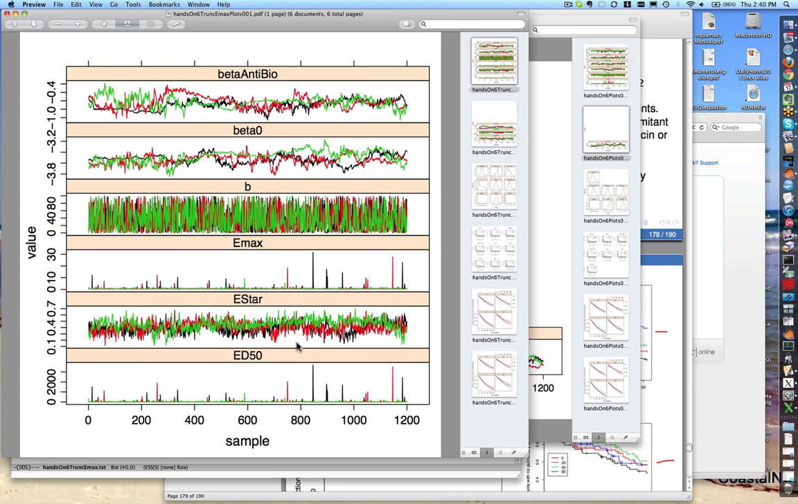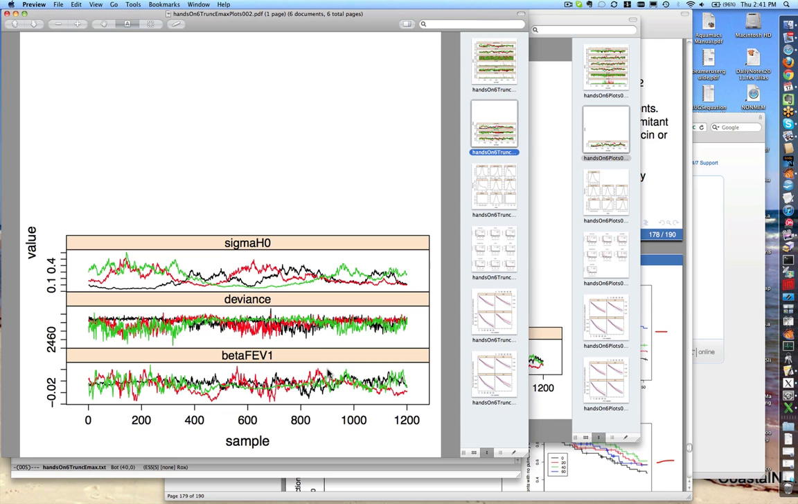They're approaching fuzzy caterpillar status, but we've still got some pretty significant long-term autocorrelation going on, at least in the E star. The other coefficients here are beta 0 and beta antibio, and let's bring this up here, our beta FEV1 still are looking pretty bad, and finally our sigma H0 looks about the same as it did before. So simply trying to deal with Emax and ED50 didn't help us a whole lot, and actually if I had really thought about it